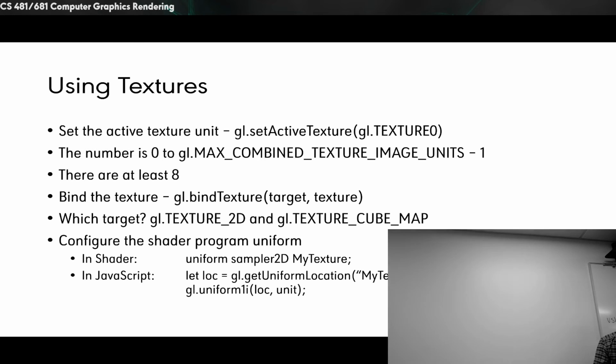And maybe we have a specular map. Maybe that's in 1. And maybe we have a map for normals. Maybe that's in texture unit 2. So we basically use any one of these 8, map it to any one of our uniforms, and then we can bring in all this extra data that applies to the surface of a polygon. All right, and then when we draw our triangle,